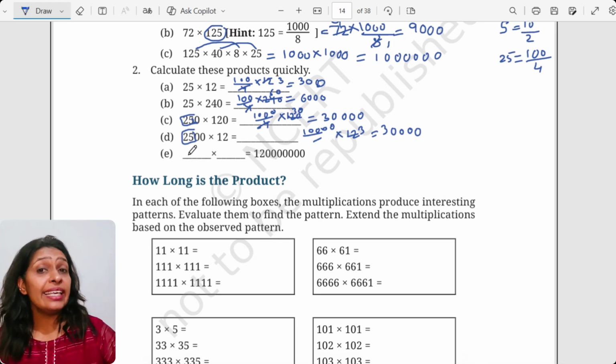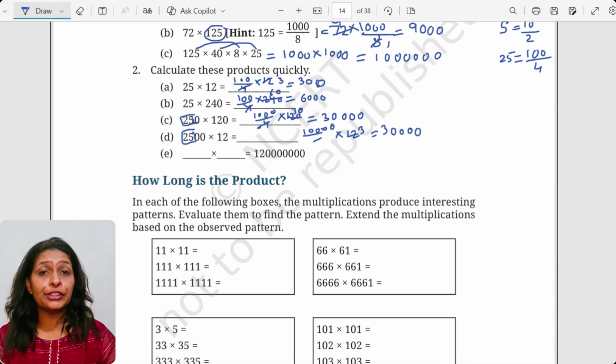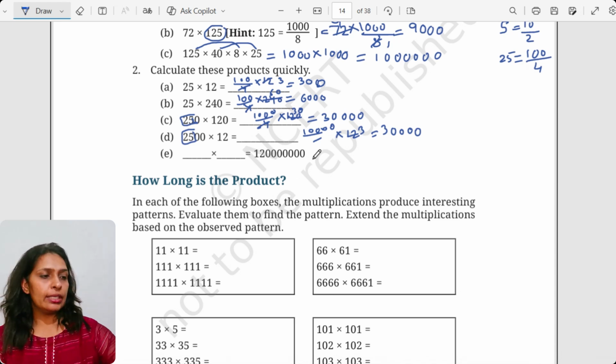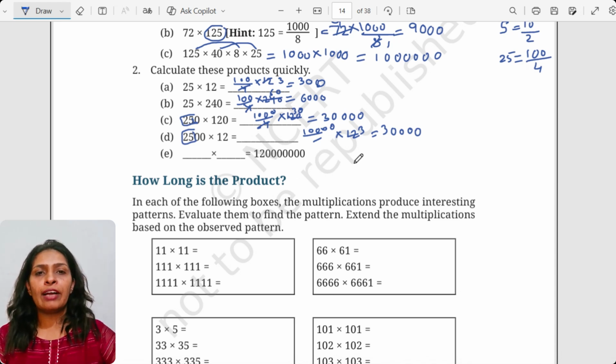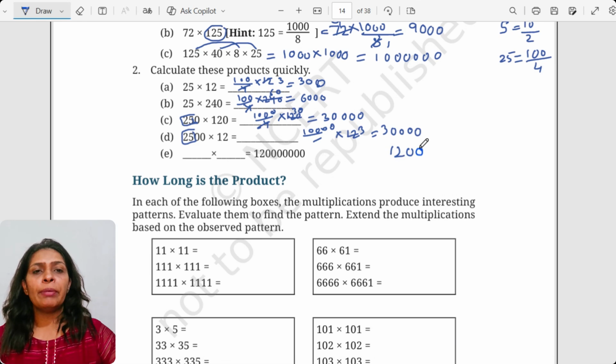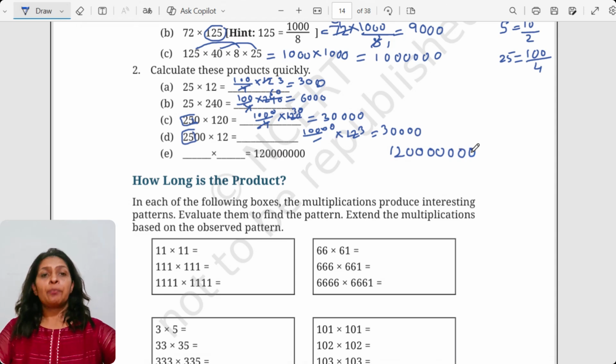Okay, so now the E part, we have the converse of this one, right? How to work this way. So now I'll tell you what we have to do is, let's do some extra work for this one. So it is 12. I'm writing the number again. So it has got 7 zeros, right? So there could be many other ways, but I think this way we can work really nice.